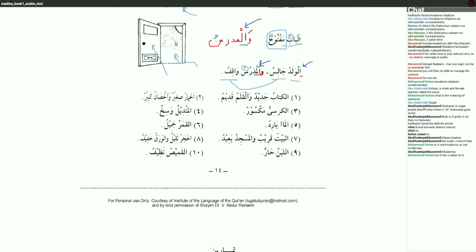Wal-mudarrisu waqifun. Yes. Well done. Brother Muhammad Farhan, the problem with that zabr that you're looking at, what is referred to also as a fatha, the fatha is actually on the waw, and the sukoon is on the lam. And this is what I really want to draw your attention to. Okay? When there is a zabr on it or a fatha,